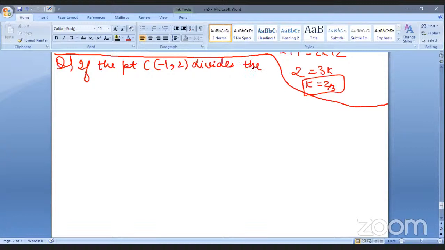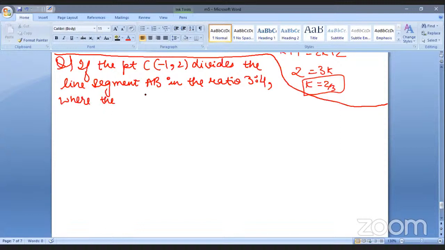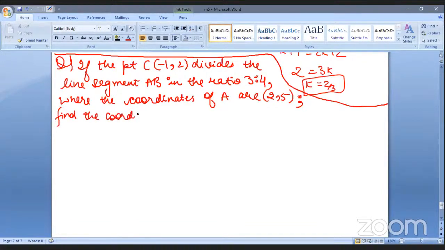If the point C (-1, 2) divides the line segment AB in the ratio 3:4, where the coordinates of A are (2, 5), find the coordinates of B. See the question very carefully. If the point C divides the line segment AB in this ratio,